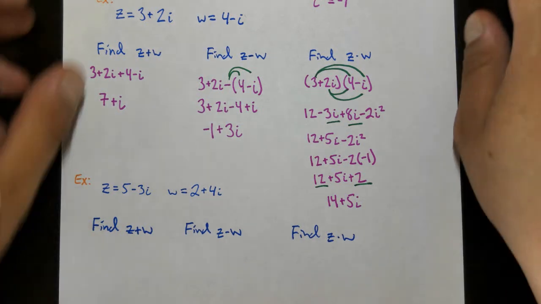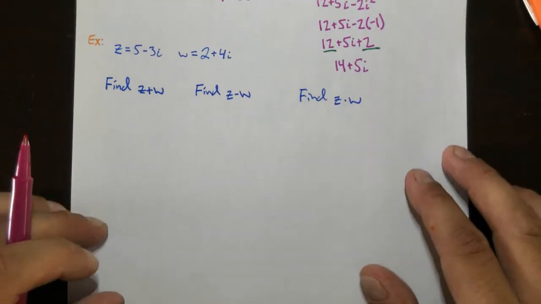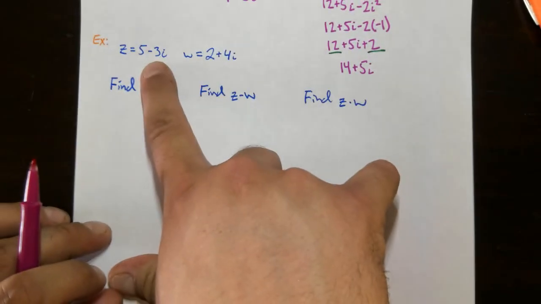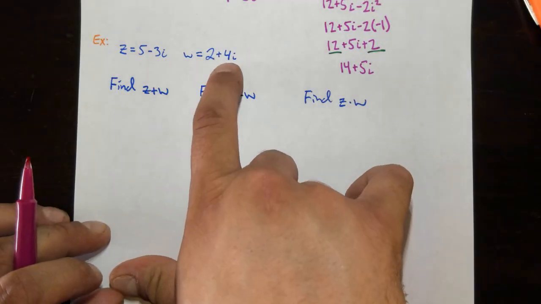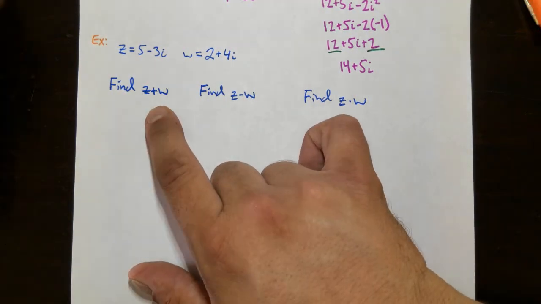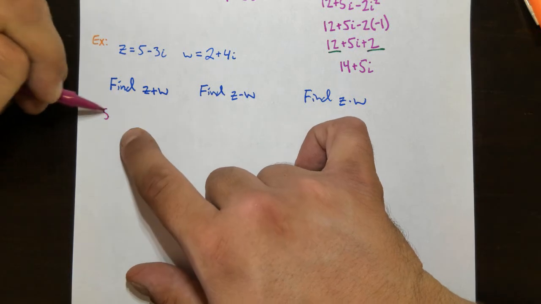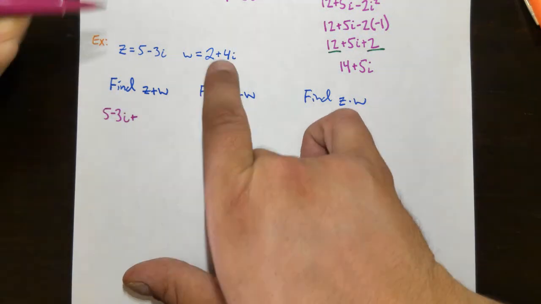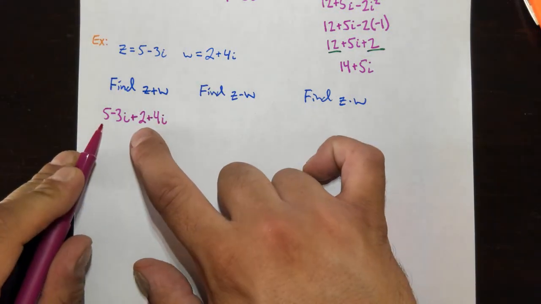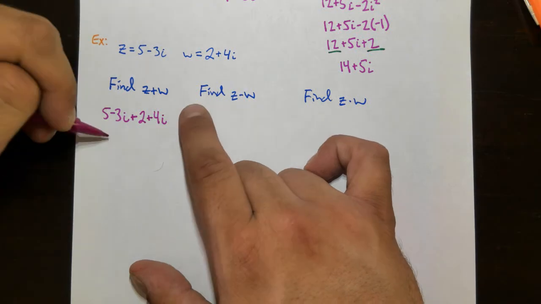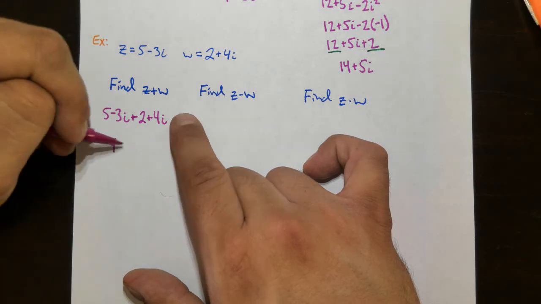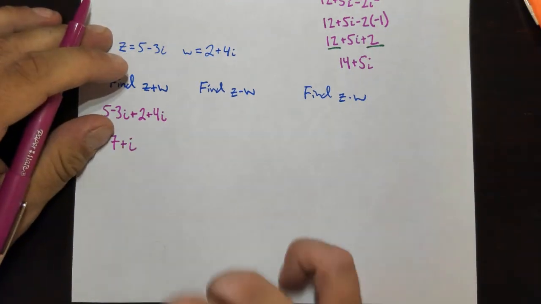So let's go over one more example, and then we'll call it a day as far as the lesson goes. So now we have z is equal to 5 minus 3i, and w is equal to 2 plus 4i. So find z plus w. Okay. So this one, remember, we just combine like terms. So I'm going to write it out, 5 minus 3i plus 2 plus 4i. So we combine like terms. 5 plus 2 is 7. Negative 3i plus 4i is plus 1i, or just plus i. So that's the